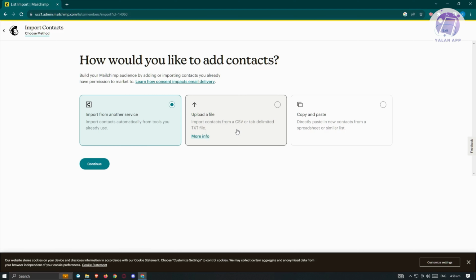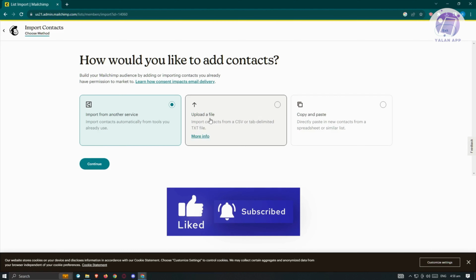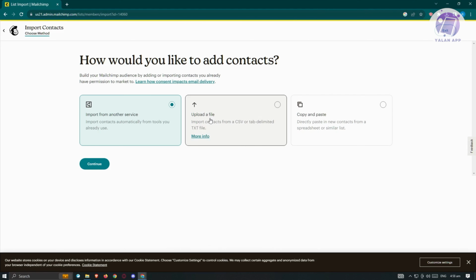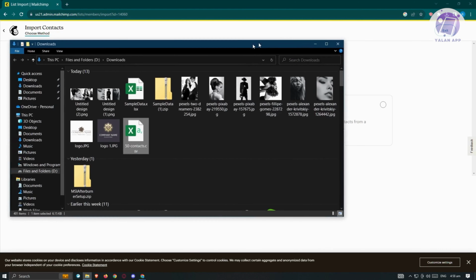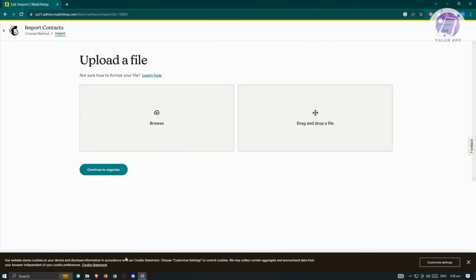We also have the copy and paste method to directly paste in new contacts from a spreadsheet or similar list. In general, copy and paste is going to be a manual way, upload a file is kind of an automatic way, and the import from another service is the automatic way. In this case, we want to use a CSV since I prepared a file to give you an example. I have this contact list here. So let's go ahead and use upload a file, click on continue,